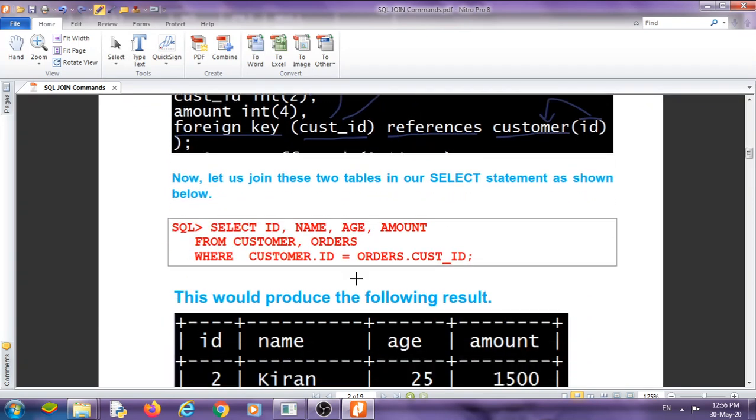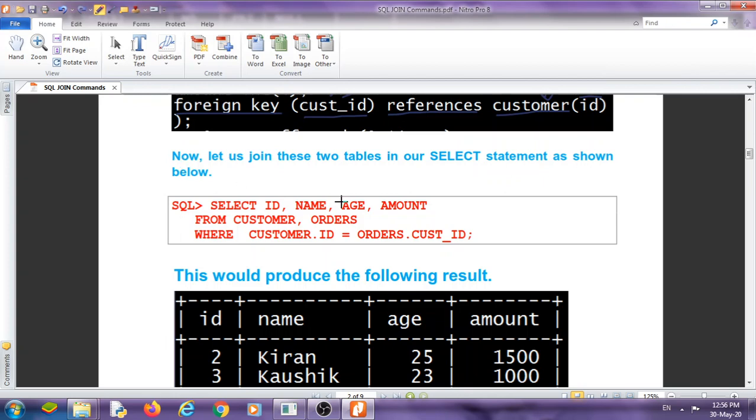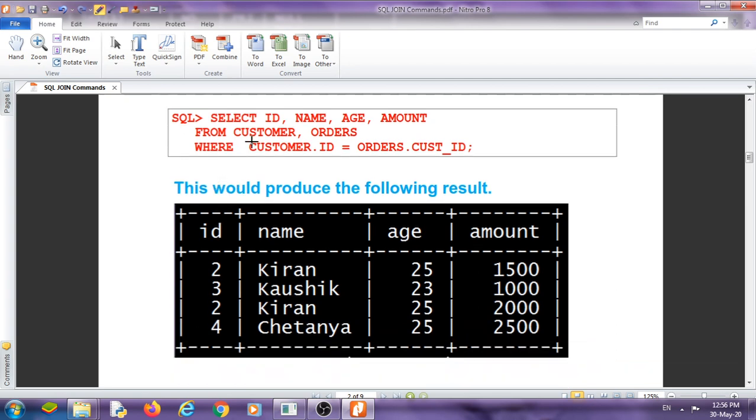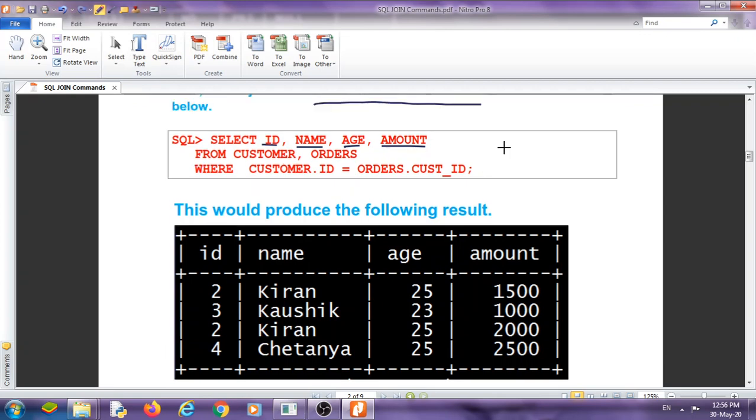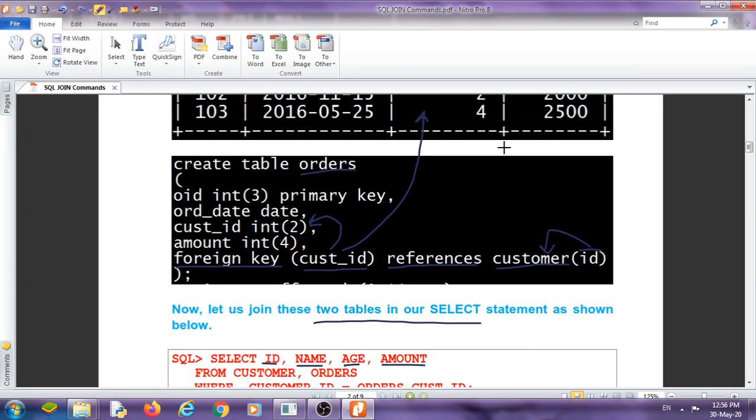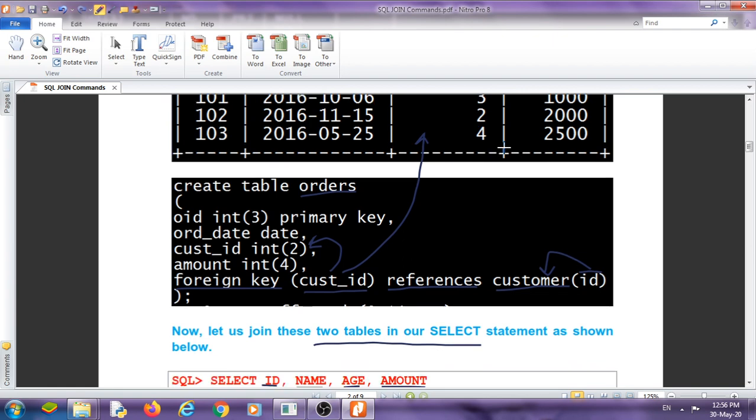Now how can we join two tables? Look at the example. Select ID from customer, name from customer, age from customer, and amount from orders.